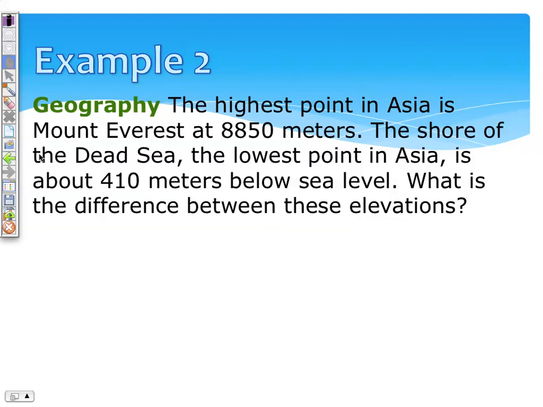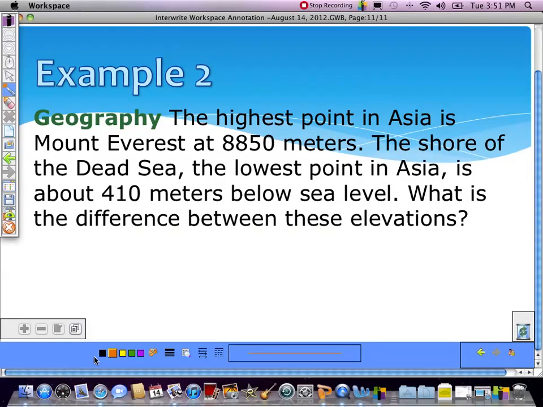Let's try a word problem, and for this word problem I'm going to start by drawing a picture for you to help illustrate the problem, and then we will write the equation or the formula that you would use to solve it. So let's go ahead and get started. It says the highest point in Asia is Mount Everest at 8,850 meters. So what I'd like for you to do is sketch a picture of a little mountain, and we're going to pretend this is Mount